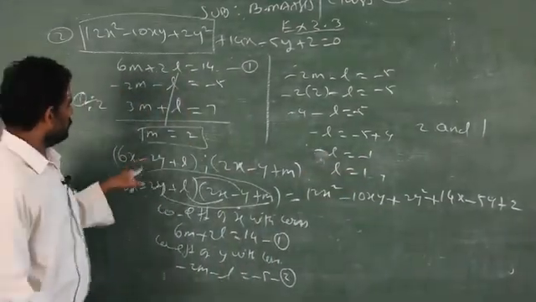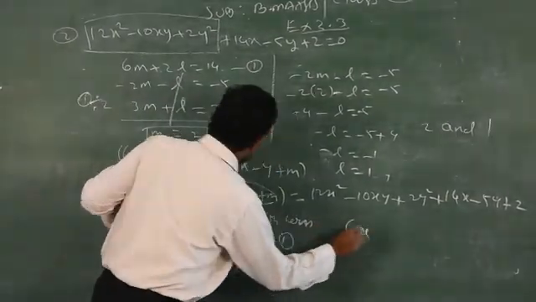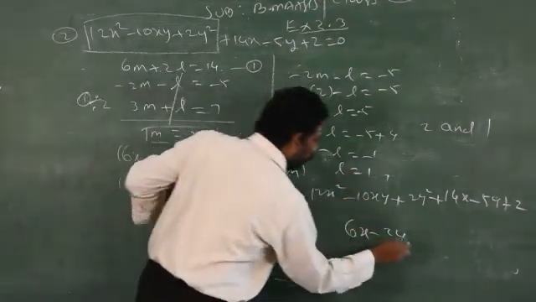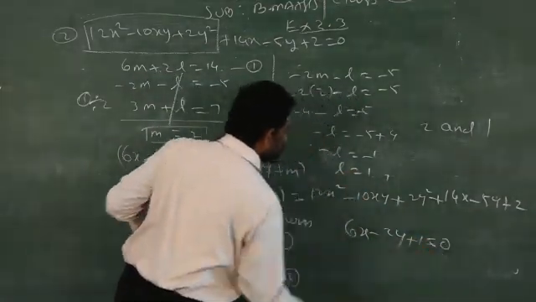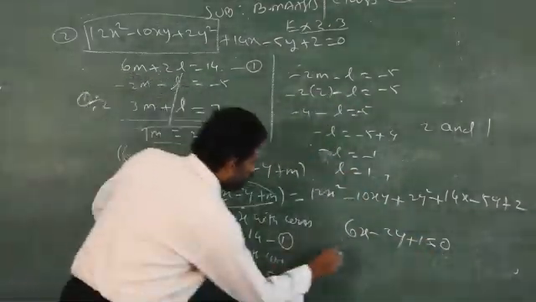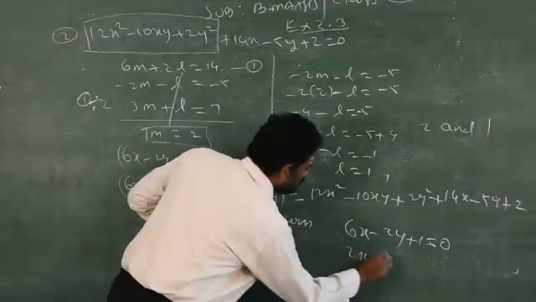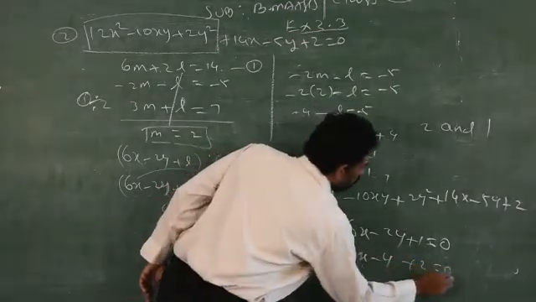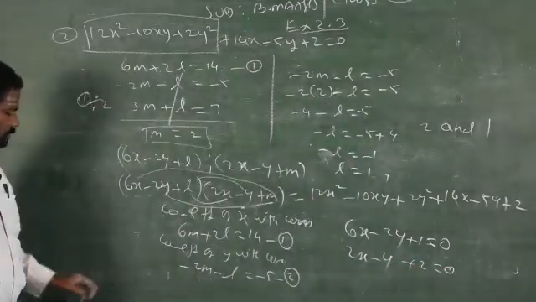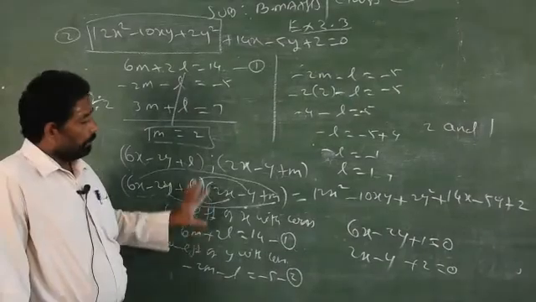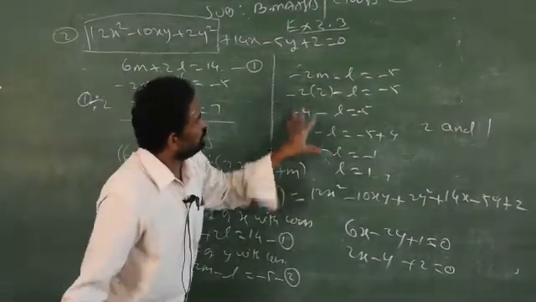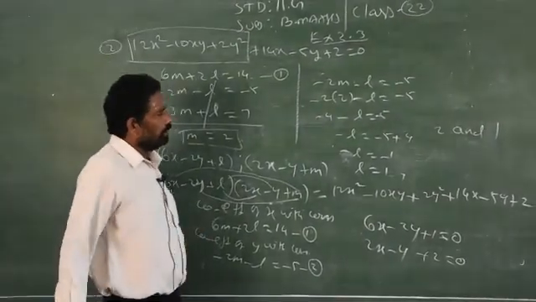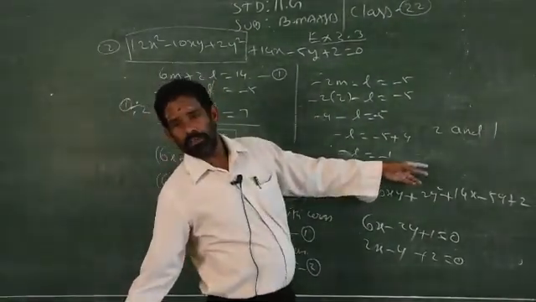Just replace in the equation 6x minus 2y. l is replaced by 1, plus 1 is equal to 0. What is the next equation? 2x minus 5. What is your m value? Plus 2 is equal to 0. So you have to check, because most of the boys make mistakes in this area. That's why I did this one deliberately wrong. Then I am teaching it one more time.